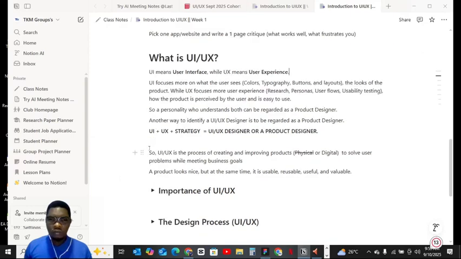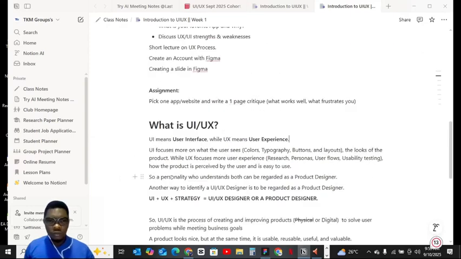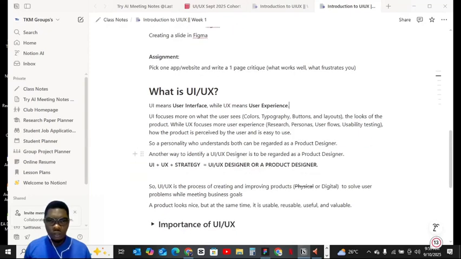Like I said, a personality who understands both can be regarded as a product designer. If you say, I don't want to do only UI, I don't want to do only UX, you're not yet a product designer. You are probably just a UI designer or a UX designer.